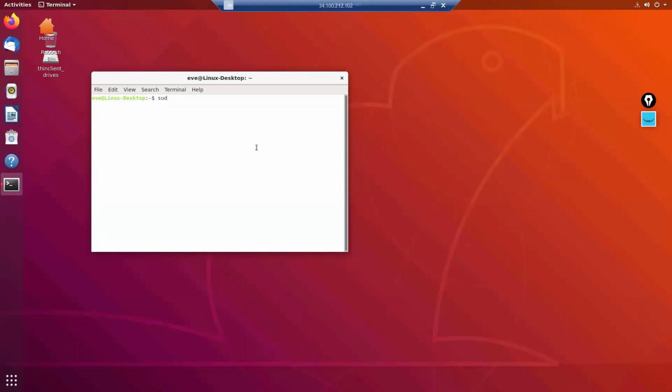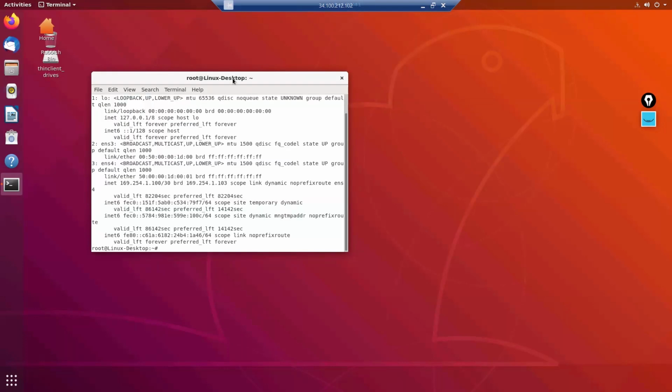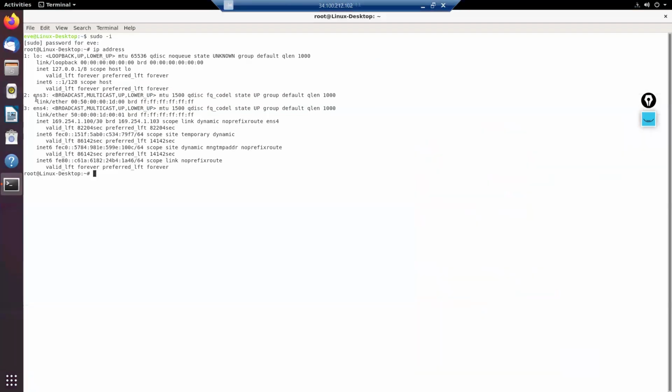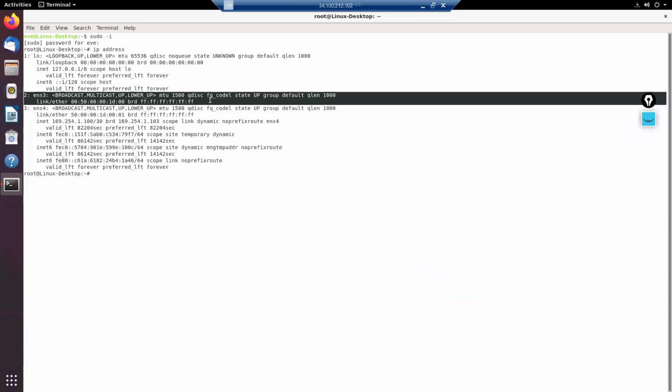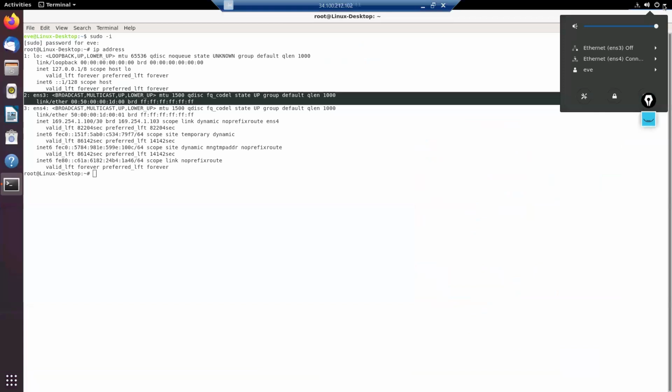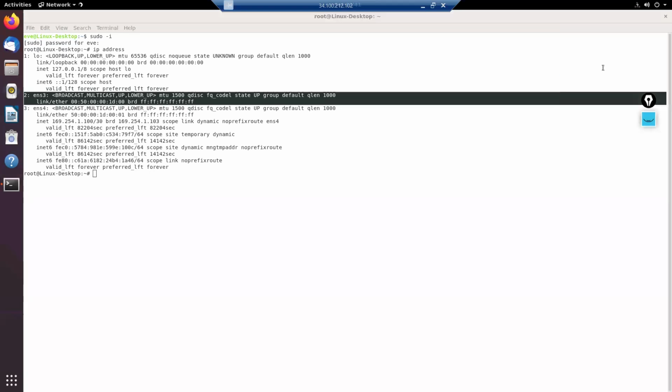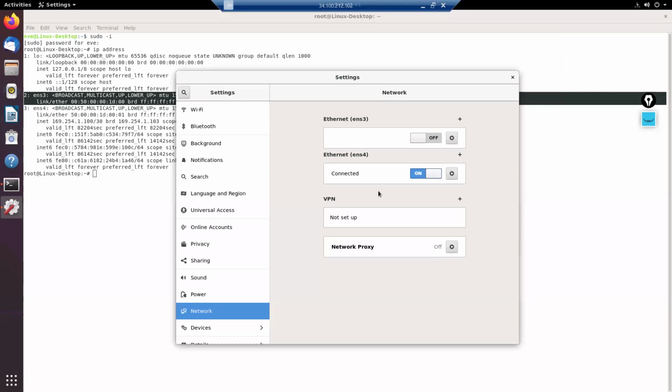Let me see what is the current IP address as of now. We will be configuring it on ens3. As of now, there is no configuration present. So we'll go ahead and do the configuration. I will click on the arrow on the top right. Then I will click on ens3. Then I will go to wired settings. Now I have to manually configure the IP address on this ens3. So I will click on the settings icon,